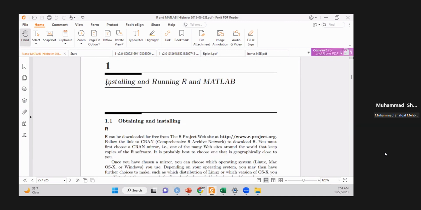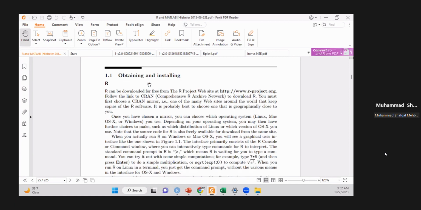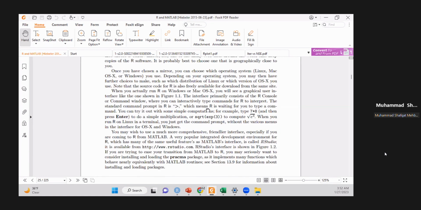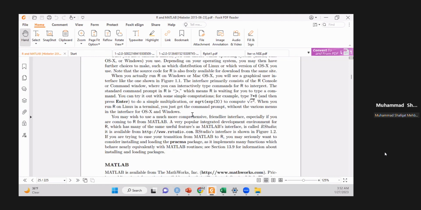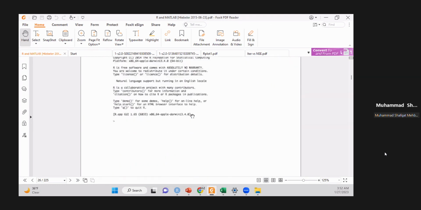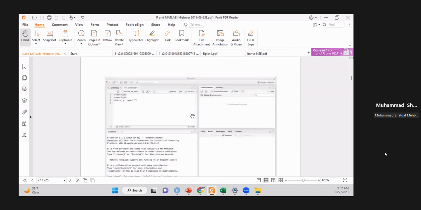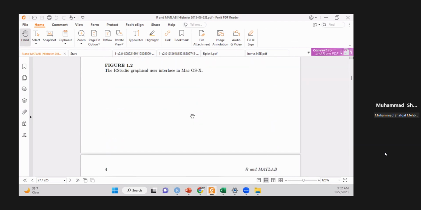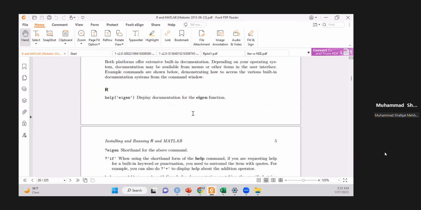It tells you about installing and running R and MATLAB. So we are not interested in MATLAB. We're going to go only with R. Okay, so this is our main agenda for this class. In here, it will tell you how you can download and install it. It will just give you basic information in here, but